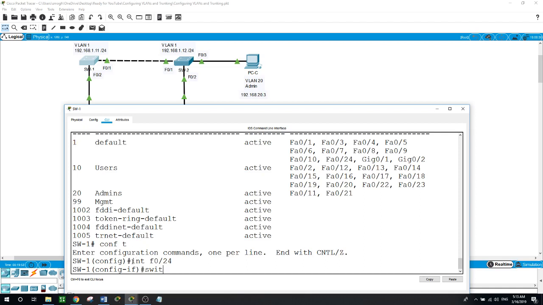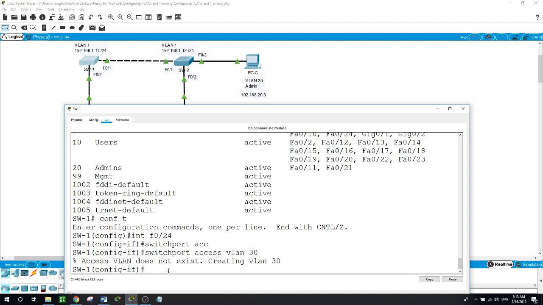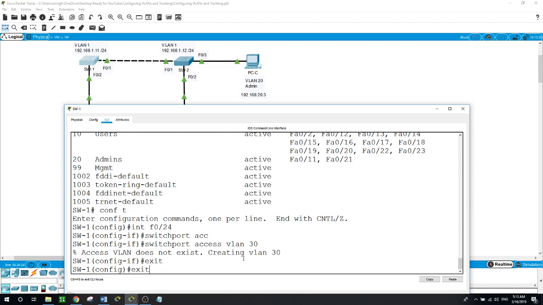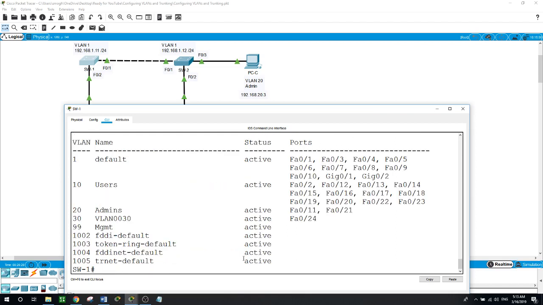Now we entered the configuration for the interface F0/24. If we type this command, switchport access vlan 30, look what is going to happen when I hit enter. It will say access VLAN does not exist, creating VLAN 30. So it is creating it for us. We can verify this if we show vlan brief, and it is showing here that VLAN 30, the switch created